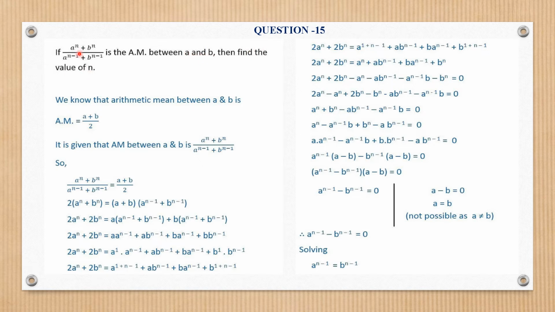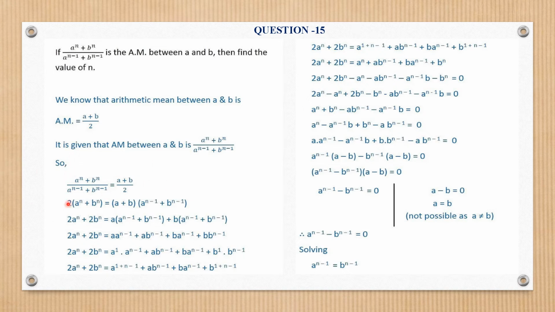Okay, if it is the arithmetic mean between these, then from the question itself it is clear that this is going to be equal to (a + b)/2, because that is also the arithmetic mean. And you have to find the value of n. So let us start with it. We know that the arithmetic mean between a and b is (a + b)/2. This is given as this also. Now let us equate both of them, as both mean the same thing. Okay. So now the value of n will come by solving this.